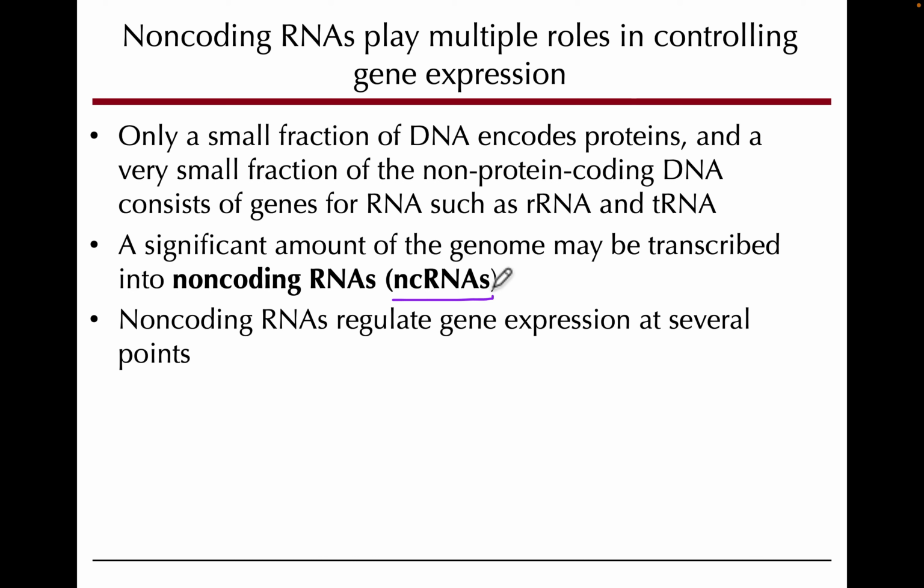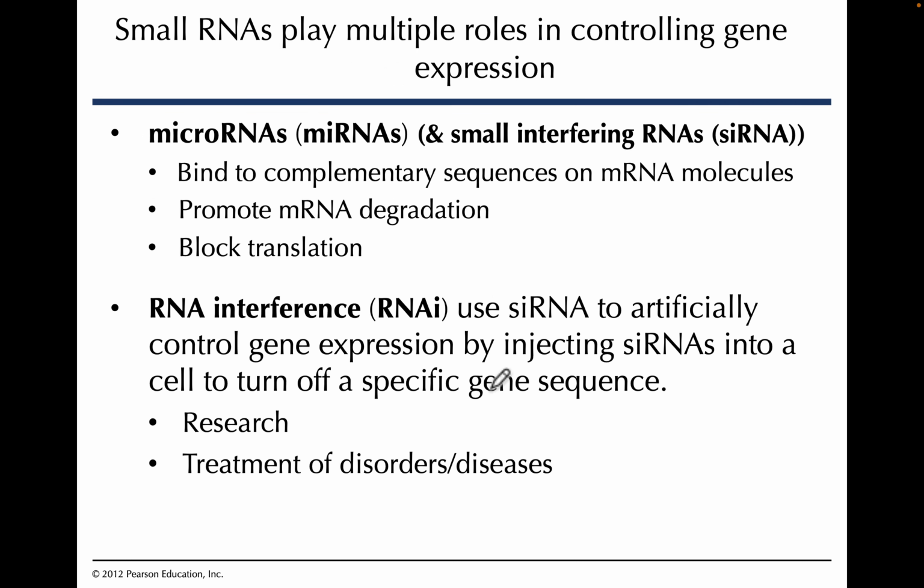Most of the genome is not coding for proteins. A lot of the genome consists of these non-coding RNAs, which are like microRNAs and small interfering RNAs, piRNAs, lncRNAs. Some of them are specific to stem cells, some of them are just general regulation. So the microRNAs and small interfering RNAs are ones that are regulation. So they